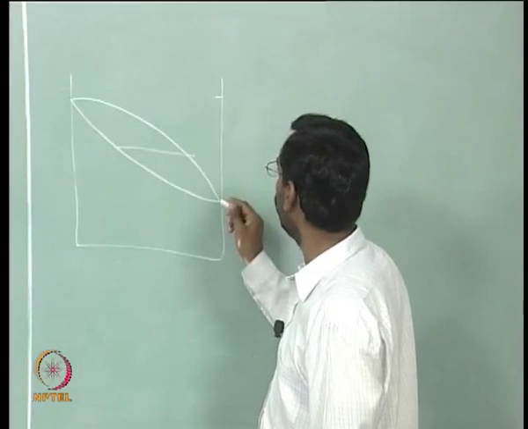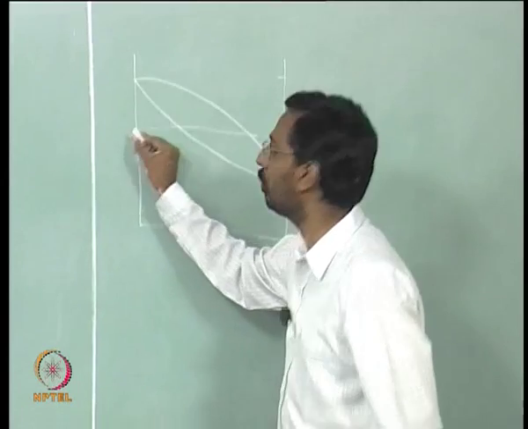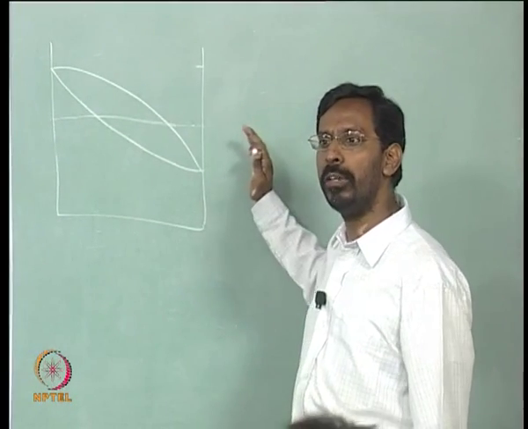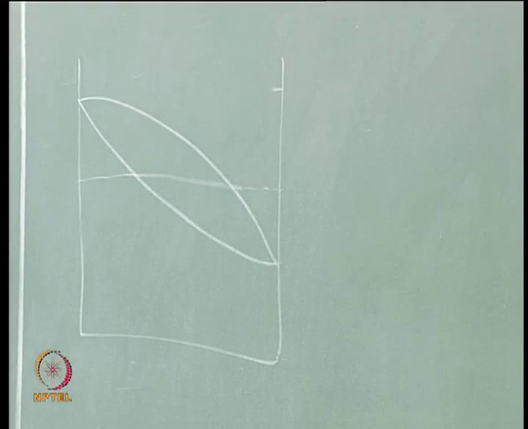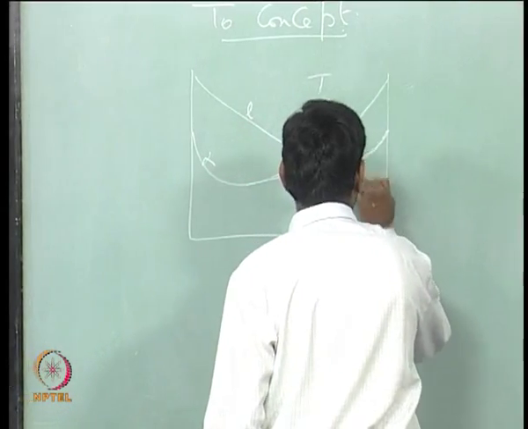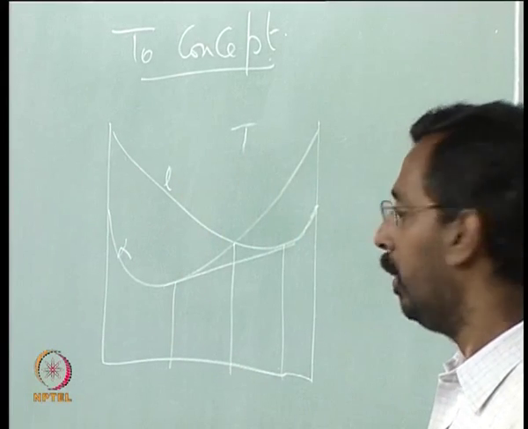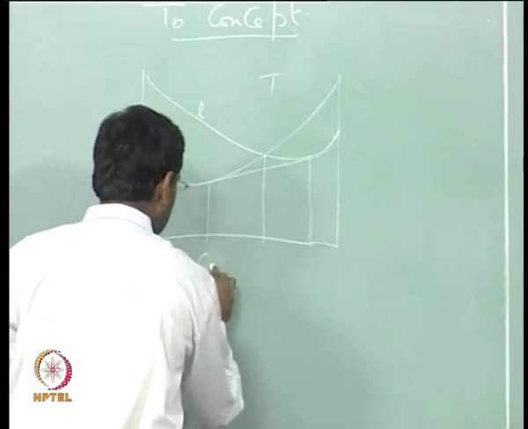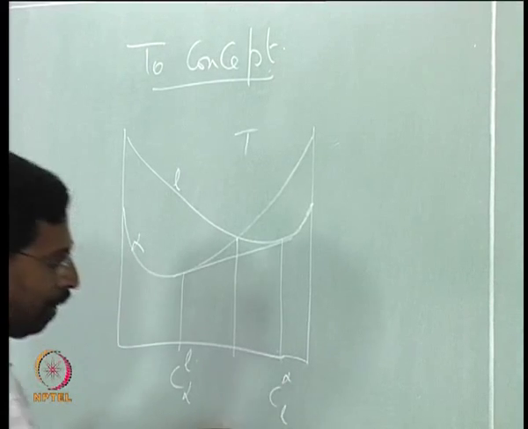So at that temperature, if I extend this temperature line to both the sides, I should see that on the pure B side liquid should be stable at that temperature. That is the meaning of this common tangent. If I draw a common tangent like this, the 2 points that you are going to get here are two compositions, which are called C alpha liquid, C liquid alpha.